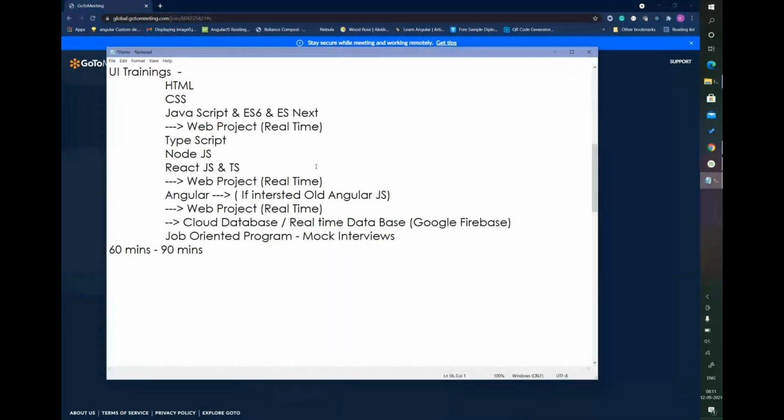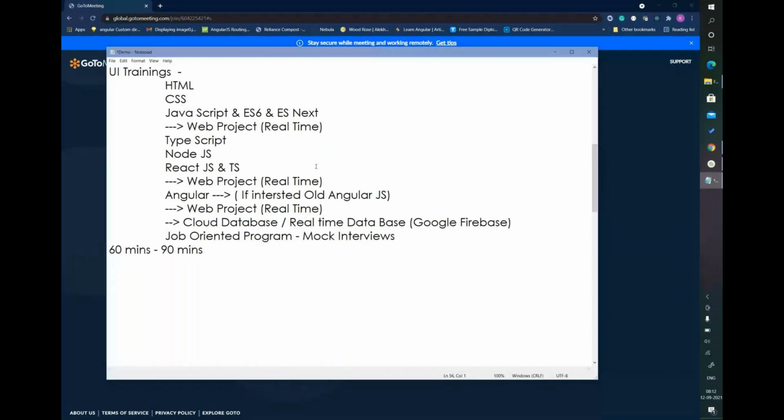After that, we will handle a real-time web project based on HTML, CSS, and JavaScript, where the data will come from an API. We will see where we can get that API and how to integrate it with the basic web project. Then we will switch our focus to TypeScript, which is very important right now. It is a strongly typed language, and it is competing with many programming languages, so we will focus on TypeScript as well.